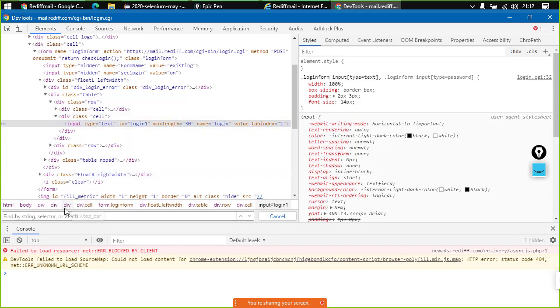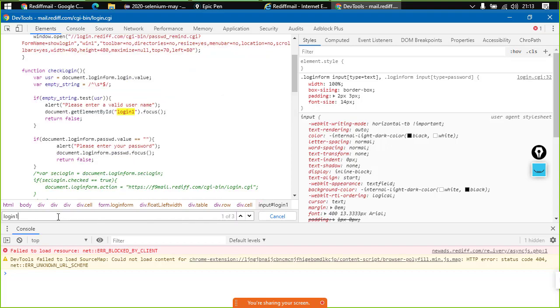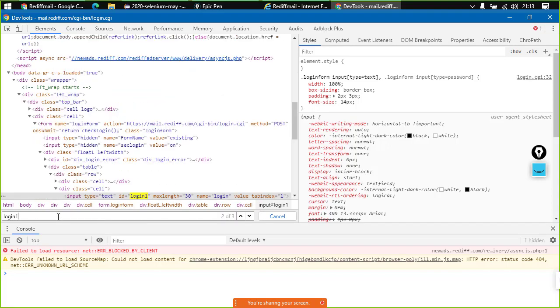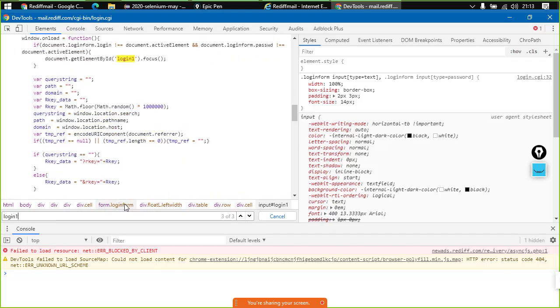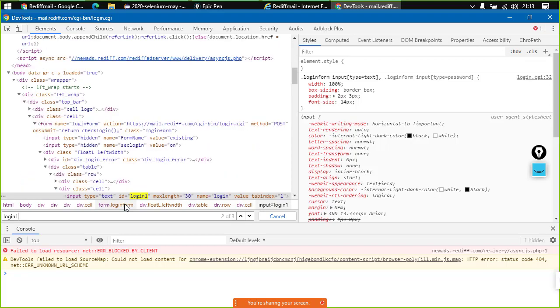Control F. Now Control F works only on this particular browser, that is Google Chrome. Other browsers are not supported yet, except the latest version of Microsoft Edge. Now you can see that there are many things showing up, but the actual element is only the input tag.